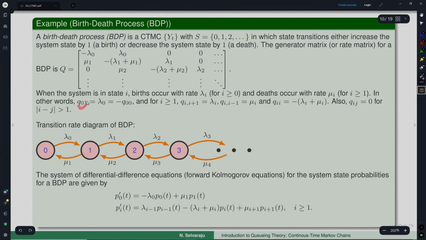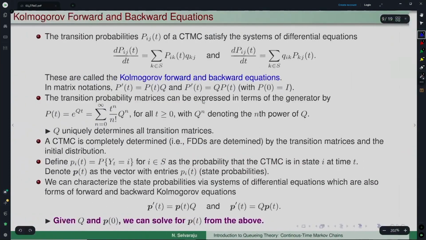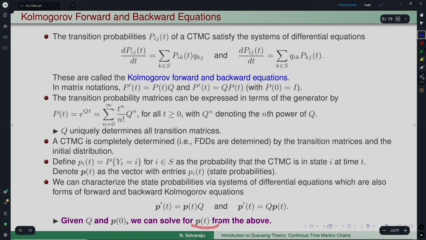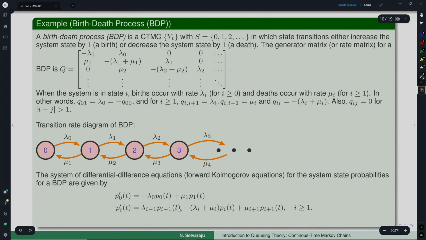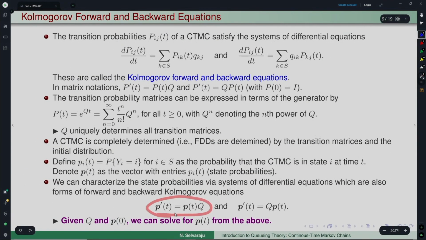So, in other words, if I write the Q_ij's, this is the description here, and we get this special structure, which is a triangular structure, and many properties of this matrix can be used to obtain the solution. As we know, once we are given Q and P(0), we want to obtain P. So, if we have some structure, how can one get the solution for P(t)? Using this Q, we want to obtain the solution to this system of differential equations.